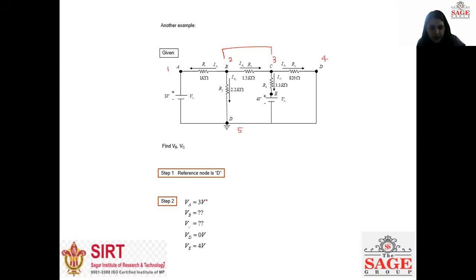So if we see that VA is given, VB we have to calculate, and VC is also given, VD which is the reference is 0, and V also given, that is 4 volt. So out of these 4 nodes, we will write down equations for 2 nodes. Okay. So first, at node B,